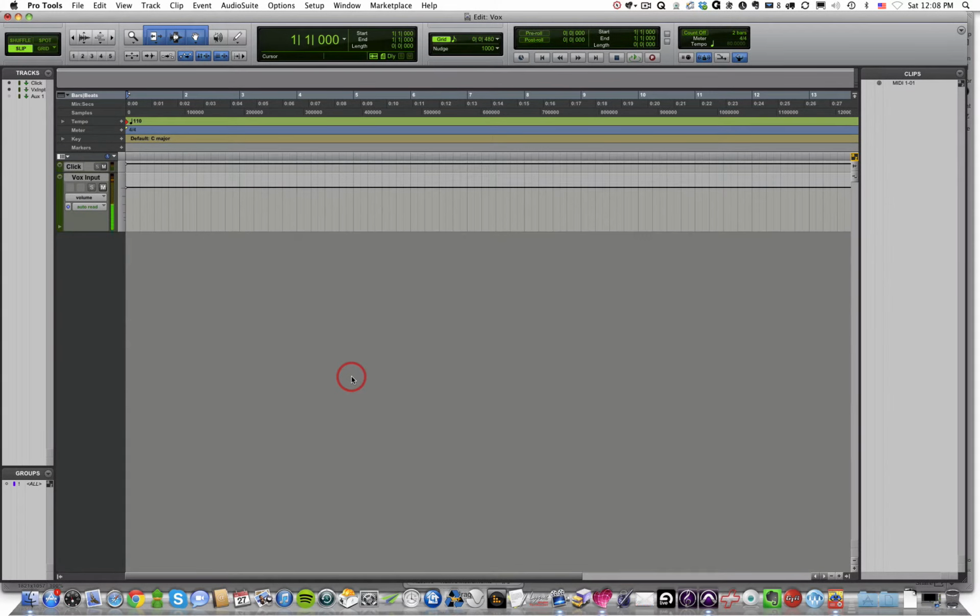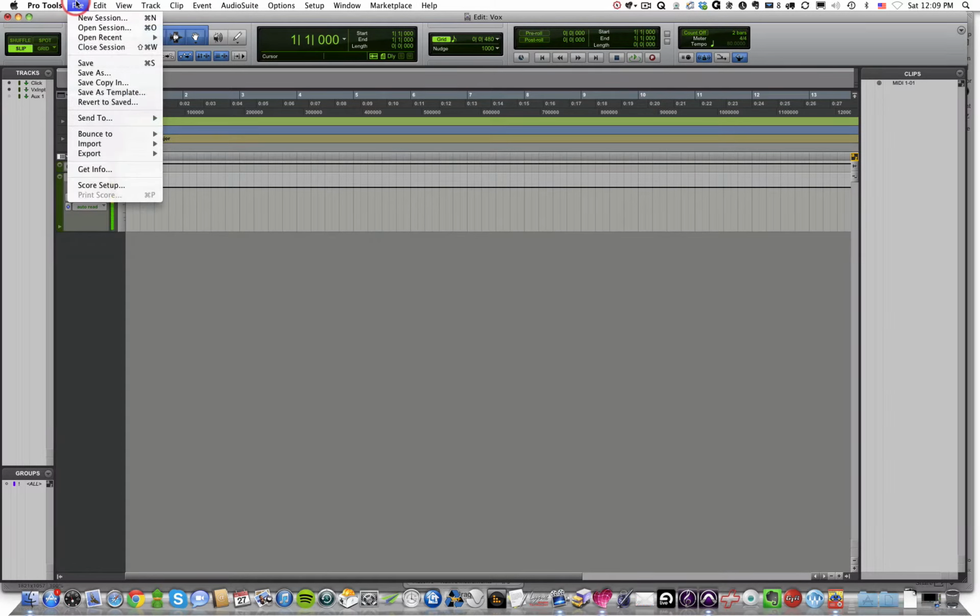Like all applications, Pro Tools has a specific menu structure where you can go to access different features and functionality in Pro Tools. First one you'll come across is the File menu. This is where you can save, open, close, create a new session, all the things relating to the basic file